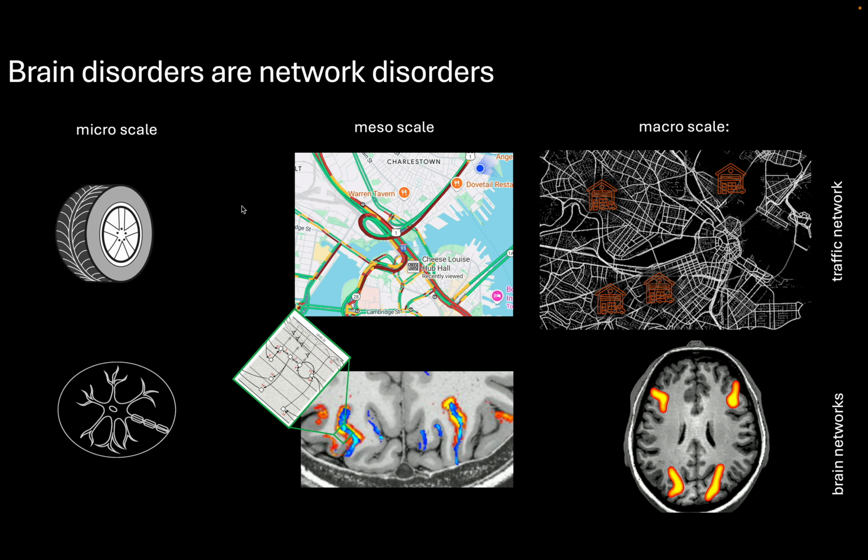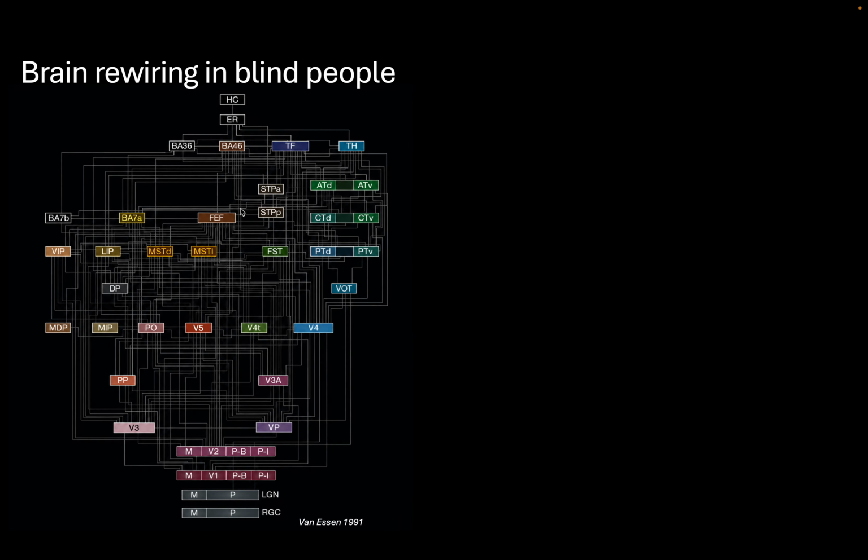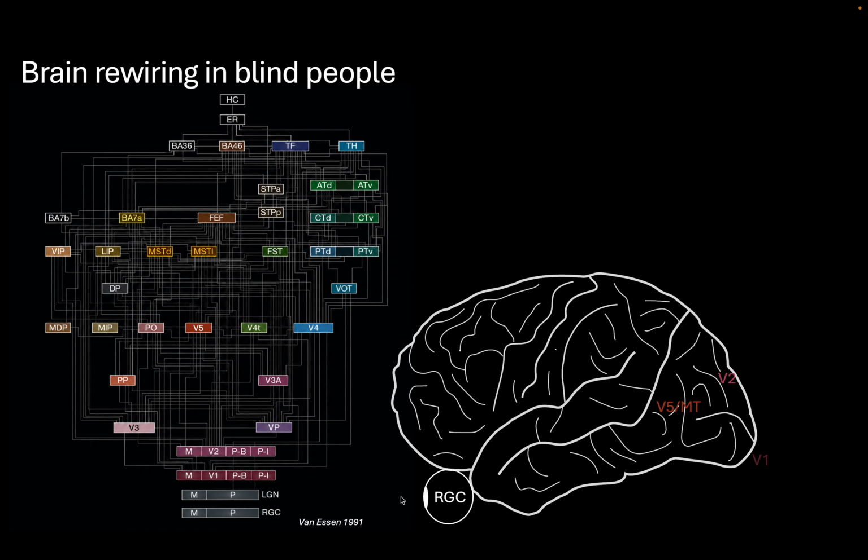And I would like to show you one example of how we look at network disruptions by looking at the visual network, which is here a metaphor of the street network of the visual system in humans, where we have the retinal ganglion cells. The signal comes into the eyes, then to the visual cortex, which is mostly sensitive to brightness changes. It moves all the way up the hierarchy, maybe to something like V5, that's sensitive to motion perception. So basically the signal comes in here, then goes to V1, to V5, and so on. And we have this hierarchy with different stages where you do see that